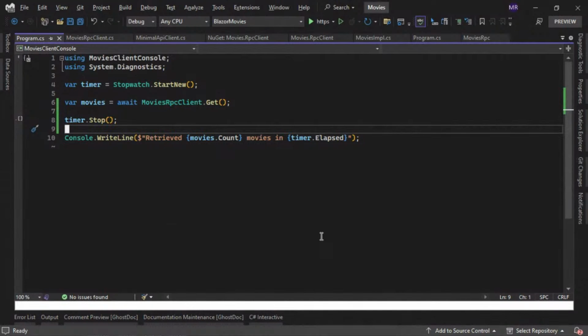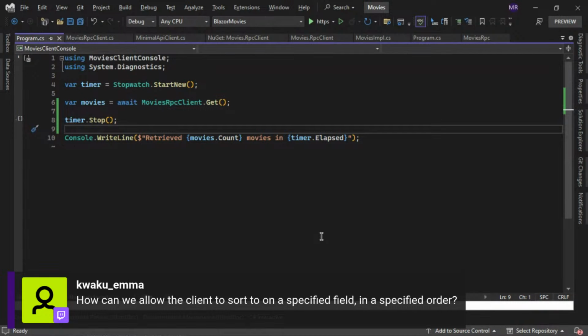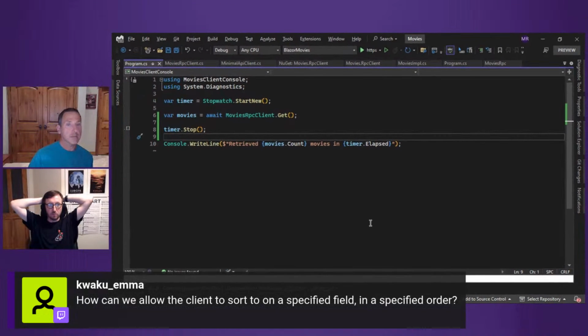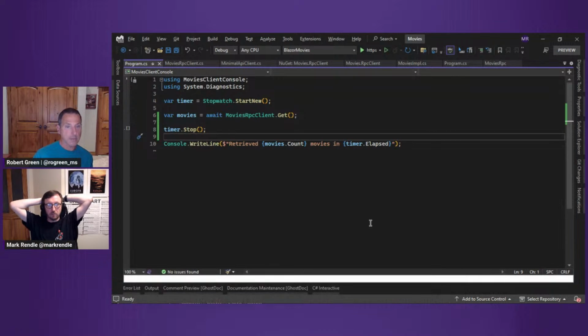All right. So let's take a couple of questions that have been gathering up. So how can you allow the client to sort on a specific field in a specified order? Is there anything we need to know about that? If I was going to allow them to do that, I would basically add fields to my request object where they could specify the name of the field that they wanted to sort on, and the order that they wanted to use, so ascending or descending. There's no sort of built-in way of doing sorting across the